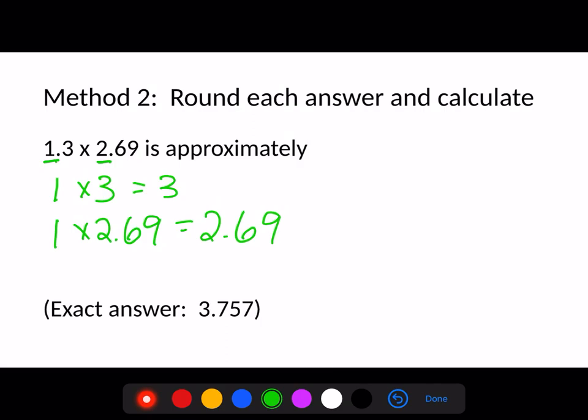These are both approximates. So this method is a little bit faster, maybe a little easier. The disadvantage is if I round one number down and another number up, I have no idea if this is going to be over or under my exact value. Remember, this was my exact value, but since